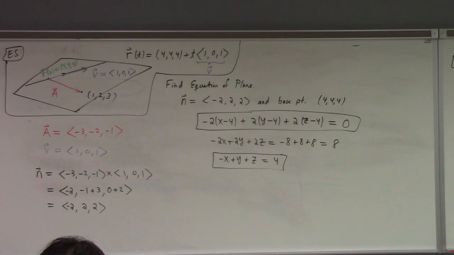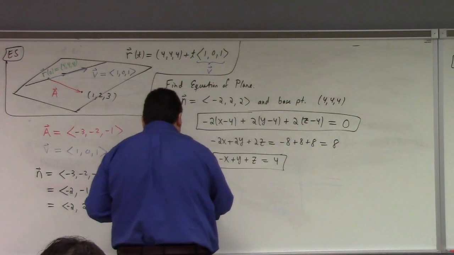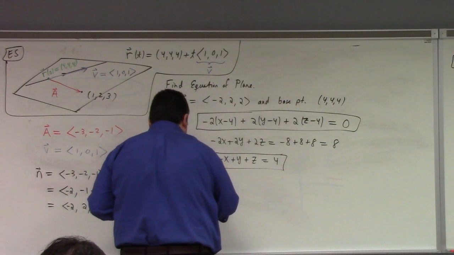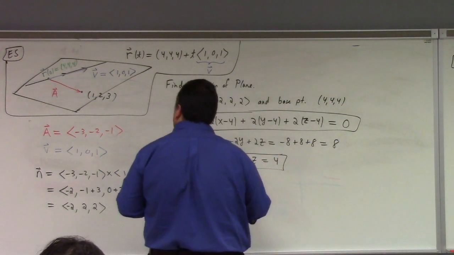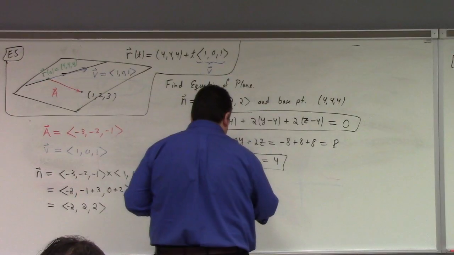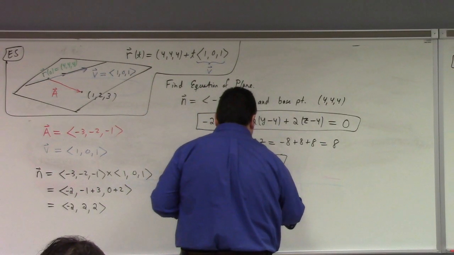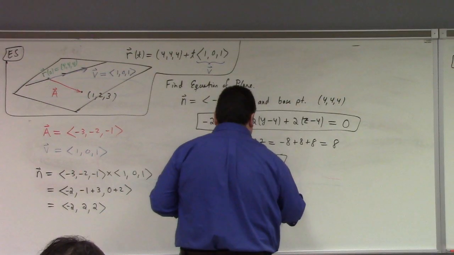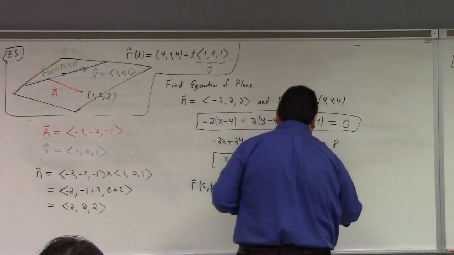Can you guys give me the parameterization of the plane? Can you parameterize this plane? What would a parameterization be? R of s, t, what could we do? We're going to use base point 4, 4, 4? All right, cool. Plus s times what? How about s times v? t times a, which was